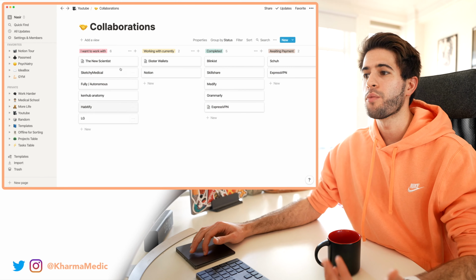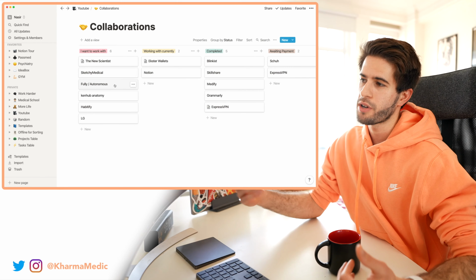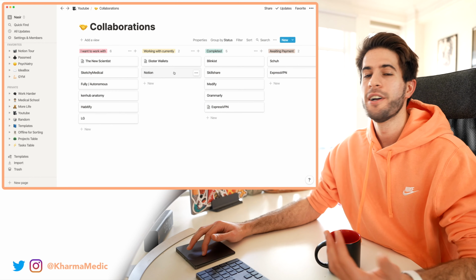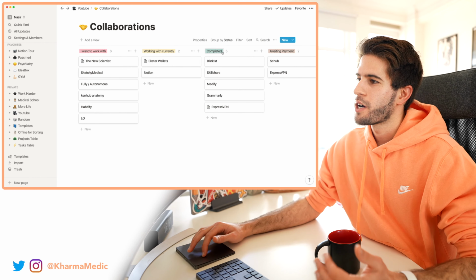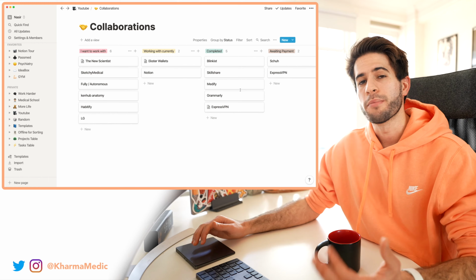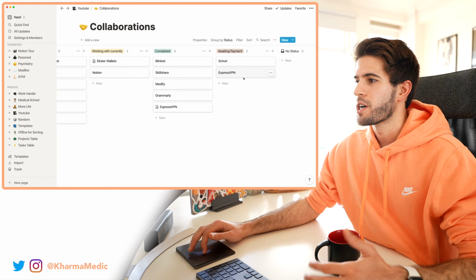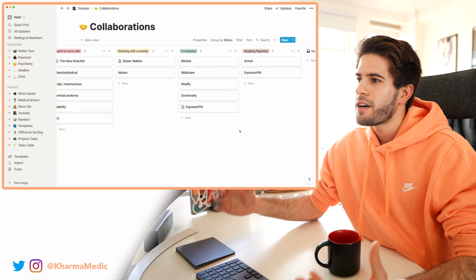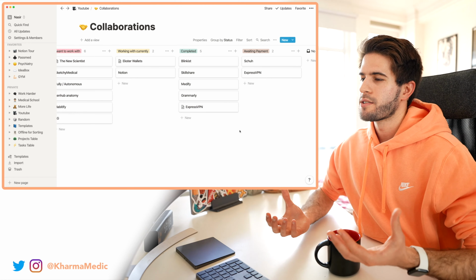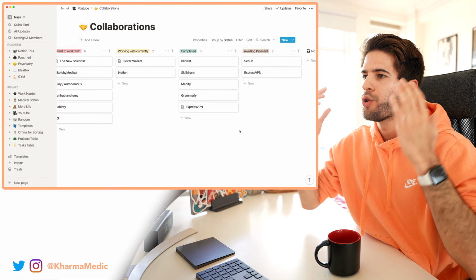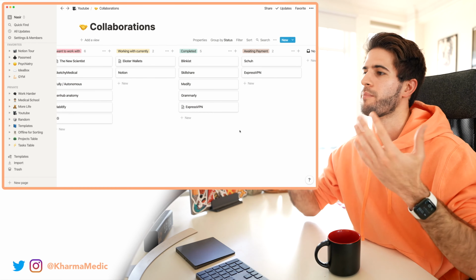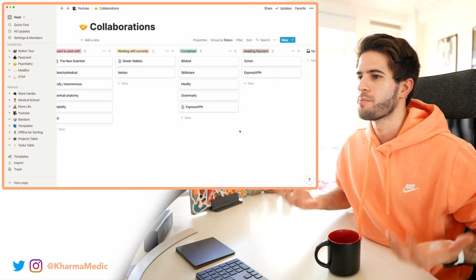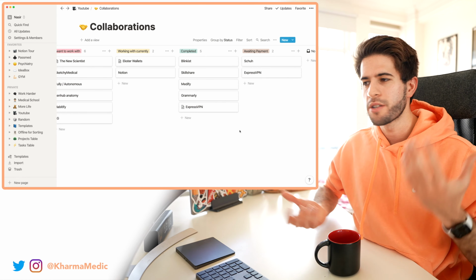I've got companies that I want to work with, people that I'm either talking to or working with currently over here, Notion as an example. And then here I've got companies that I have worked with in the past and I've completed sponsorships with them, ones for which I'm awaiting payment from. And without a Kanban board like this to easily organize in my head who I've worked with, who I'm waiting for payment from, who I've completed sponsorships with, it honestly just becomes so muddled and complicated